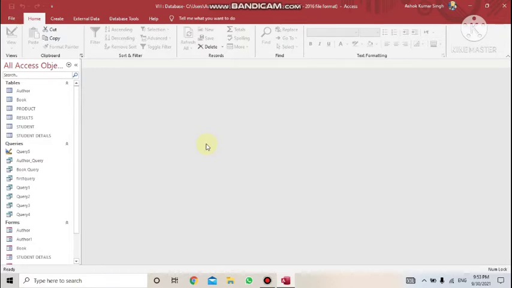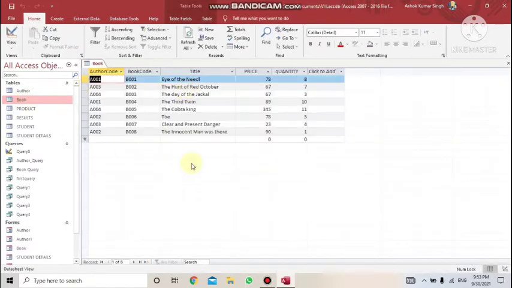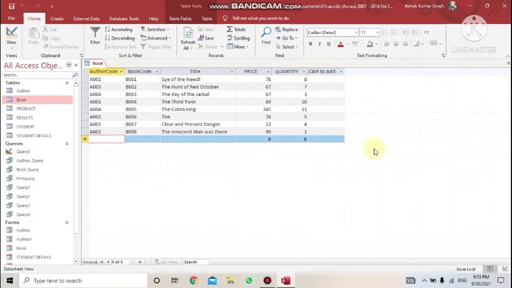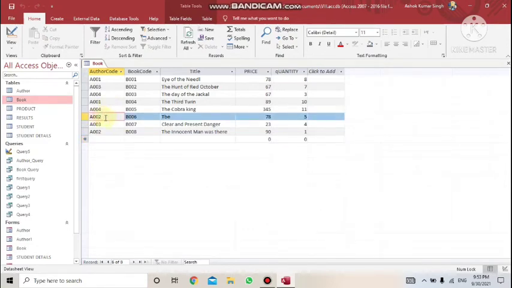We have tables. Suppose this is the table, and when you double click, it opens in the data sheet view where one person can easily enter the record. But it is not always easy for a layman who doesn't know anything about the database to enter the data. And moreover, if you don't want to show the entire data to the operator who is entering the data, like when he is going to enter the data in this format, he can view the previous data also. If you want to hide that data from the screen while entering new data, then you can take help of forms.